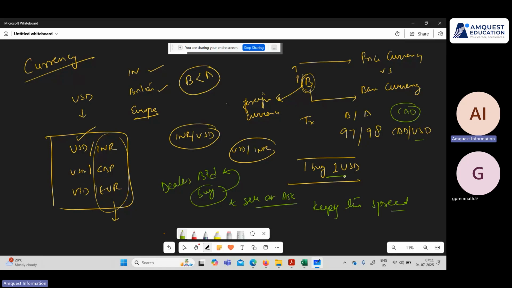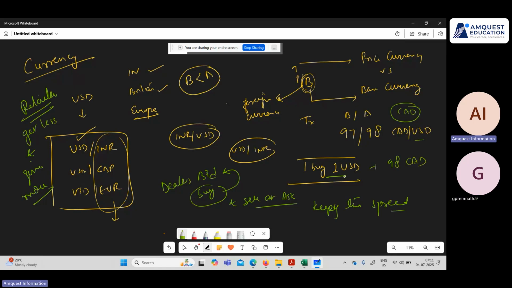Remember that you, as a retailer, will always get less and give more. So without any doubt, if you are buying one USD, it means you have to give away CAD, and if you're giving away CAD, you should give more. You give 98 CAD,